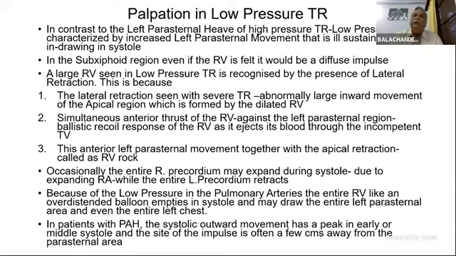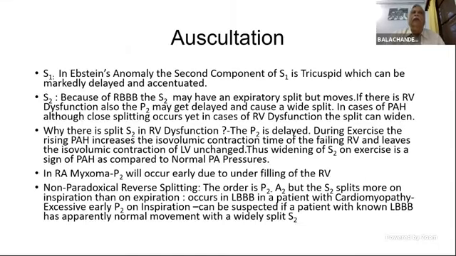No pulsation will be seen below the third left intercostal space in Epstein's anomaly. That's a very important point to remember when you are dealing with Epstein's anomaly. Of course, not the other types of low pressure TR. Next slide. When you come to auscultation, the first component is the tricuspid